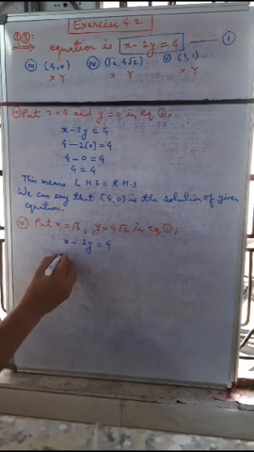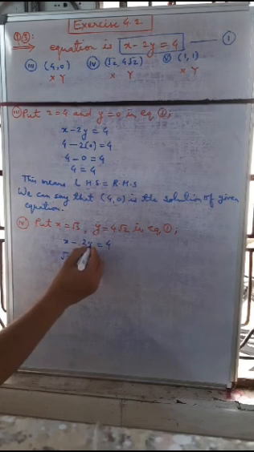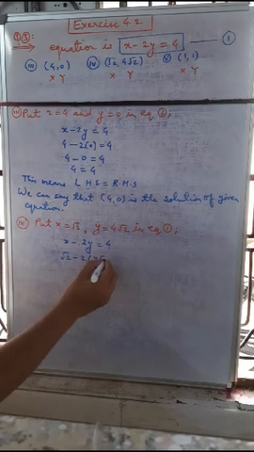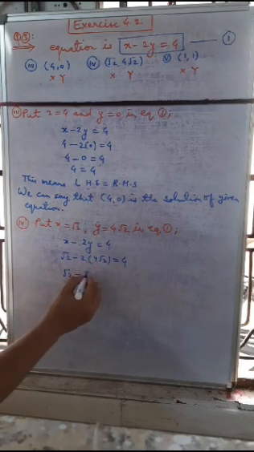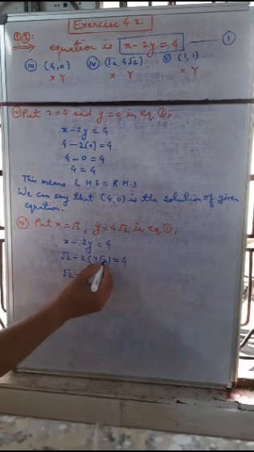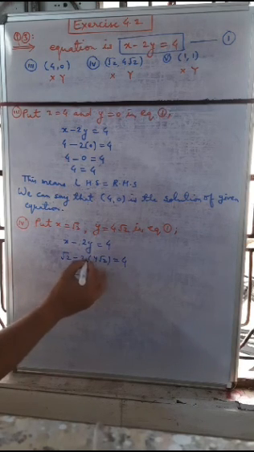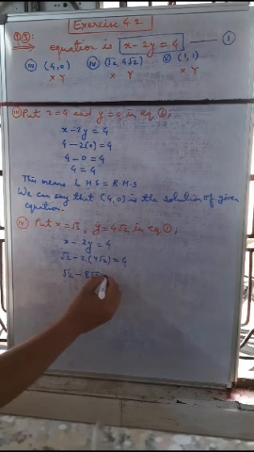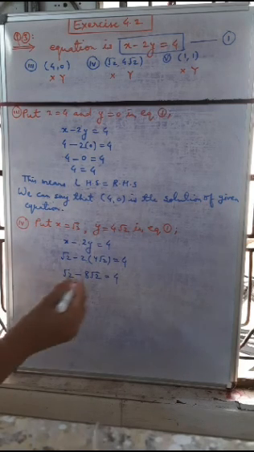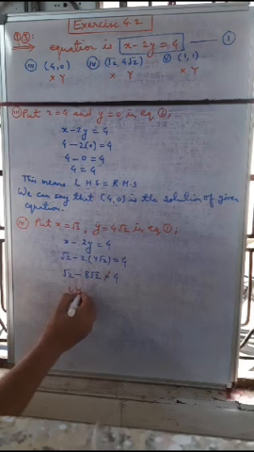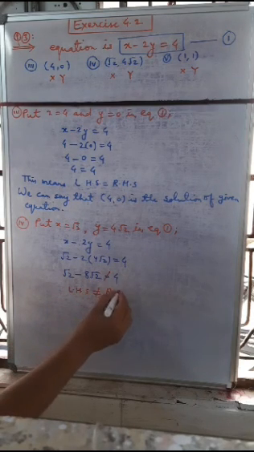x is equal to root 2, so root 2 minus 2 y, where y is 4 root 2, is equal to 4 or not. So root 2 minus 4 twos are 8. Root 2 will not be multiplied here because root 2 is irrational, while 4 and 2 are rational numbers. So they will be multiplied, and the product of 2 into 4 is 8, and again we copy root 2 is equal to 4. So is this possible? Root 2 minus 8 root 2 is equal to 4. It is not possible. So we can say that left hand side does not equal right hand side.